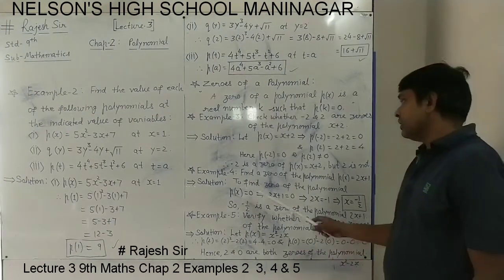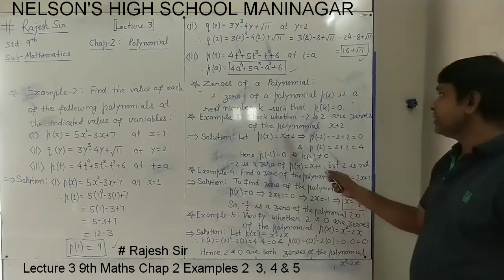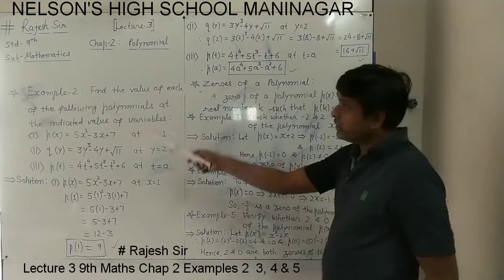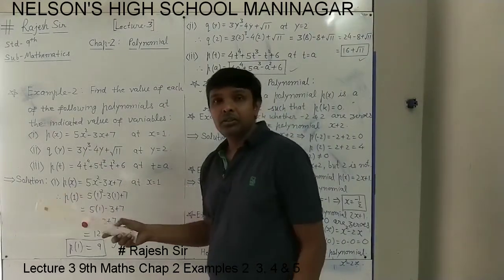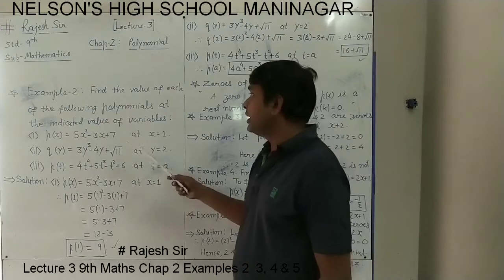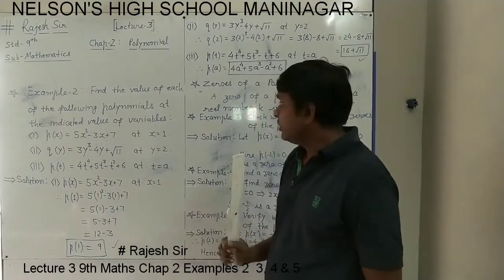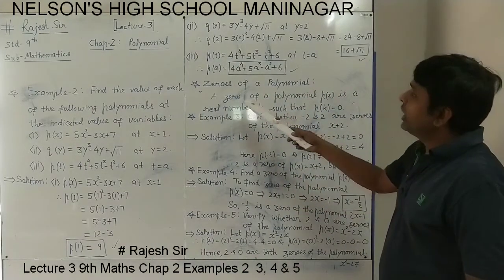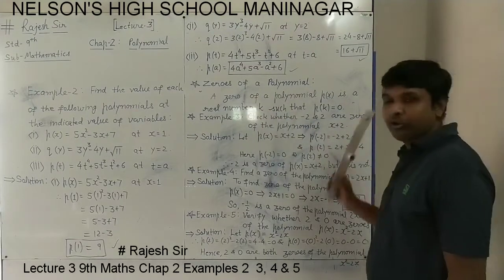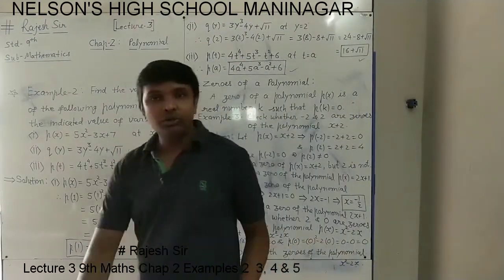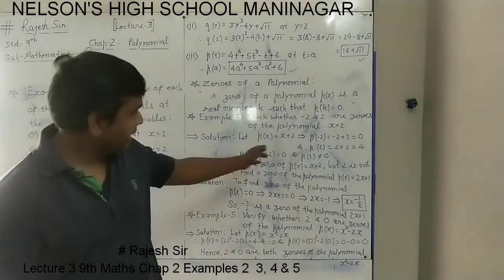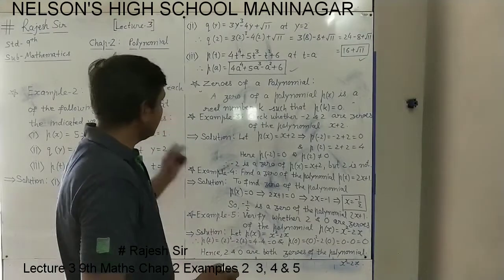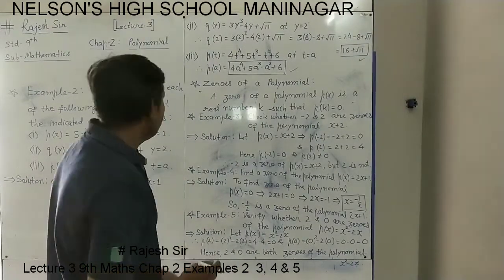This way we can check the zeros of a polynomial, and this way we can find them. These are the examples, and in example 2 we saw how to find the value of the polynomial at a given value of the variable. One thing to be noted is that this is the definition of the 0 of a polynomial, and how to verify and find the 0 of a polynomial, we have seen in the examples. So now you have exercise 2.2 based on this. You are advised